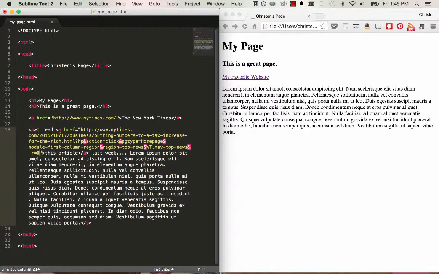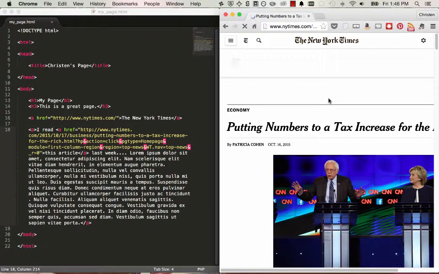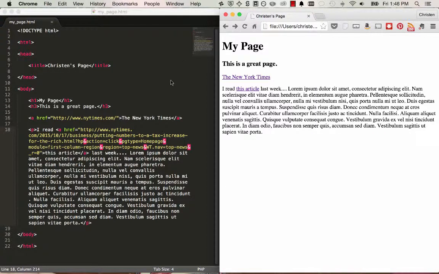And now when people click on this article, if I go ahead and save it here and refresh, you can see that this is now a link. And if I click it, it goes to that article that we were just on. So that is how you add a link. The last thing I'm going to show you is